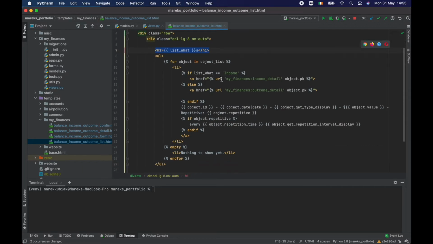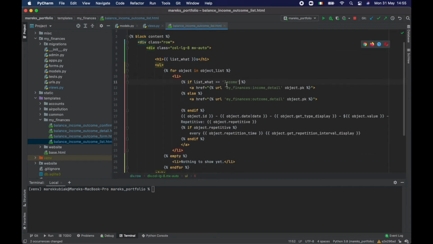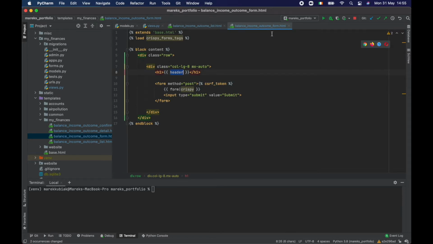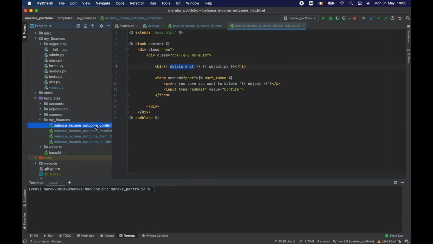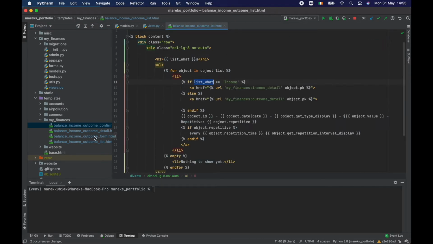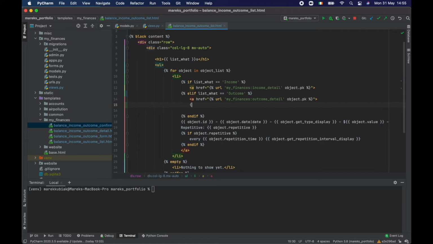Okay, but then it's going to be slightly more complicated if we go to the list, obviously. So now let me just go and see if we have any if statements in the form first. Okay, so the header, there's no if statement, that's fine. Let's go to the confirm delete. No if statement, that's fine, because as you might remember from the last time, I was saying, like, if it's income, like in here, then do this, and else do anything else. But now we have to do elif outcome, then do this, and then else, or elif to be explicit, if you want to be explicit, elif list